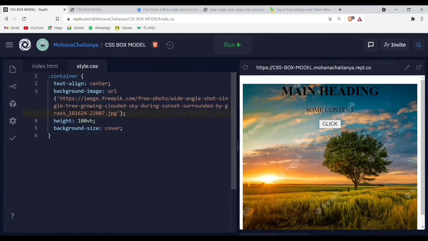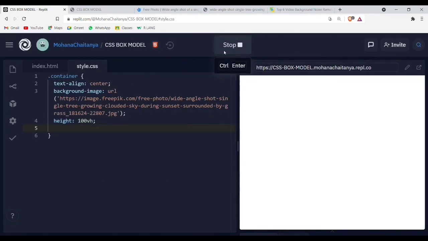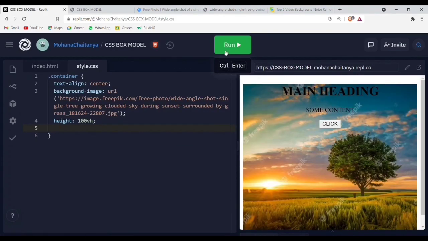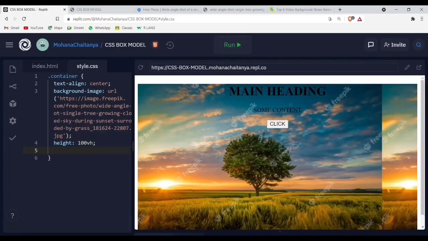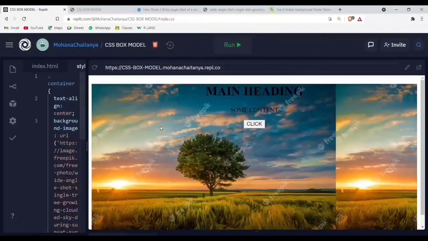Let's try to remove this background-size cover and let's try to run this. Let's enlarge the screen. See, the image is duplicating horizontally because its width is adjusted to this, and we are giving some more viewport, so it's duplicating.